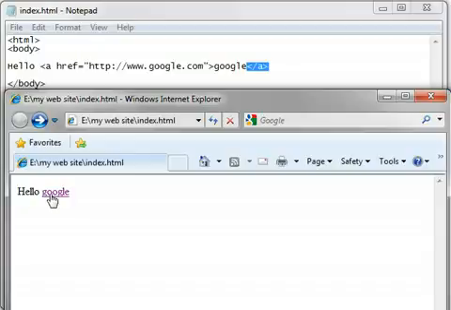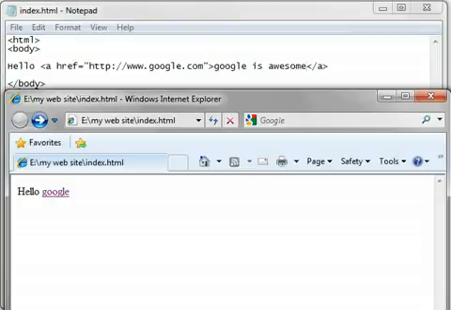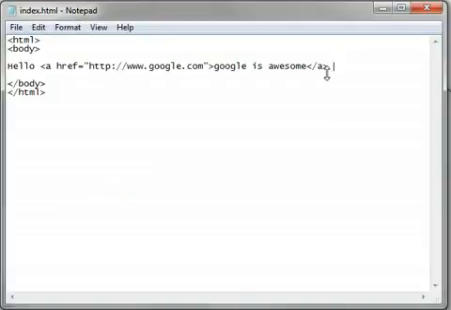In simplest form, all you need to know is href equals the link you want to put and then the text. And you can modify this. So we're going to say, hello, Google is awesome. And when we refresh, you can see everything between the start and the stop of that tag is in the link. To solidify this,